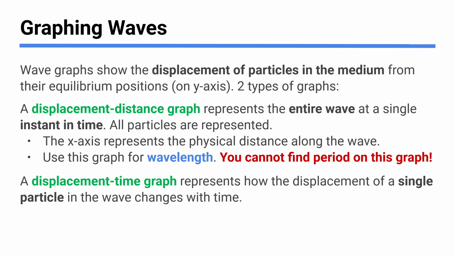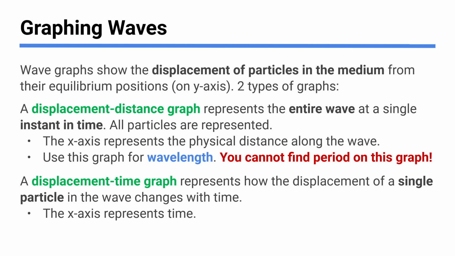So you got to really think about what's on each axis and give meaning to it before you do any thinking and interpreting. So if it's a displacement versus time graph, what we're talking about is one particle. And we're tracking one particle over time where it is vertically. If we're talking a transverse wave, we're talking about its displacement over time. When you graph the displacement over time, you get the same wave shape, but what we're looking at is just where this particle is as time goes on.